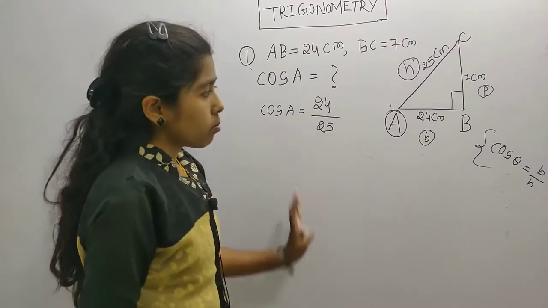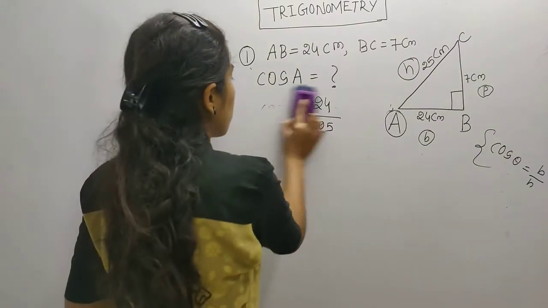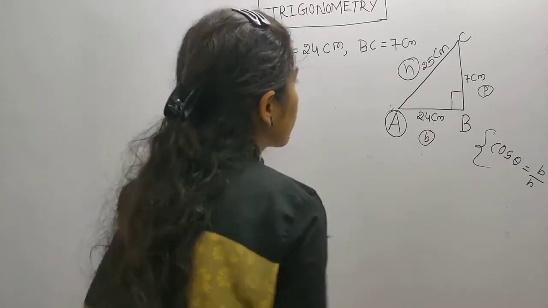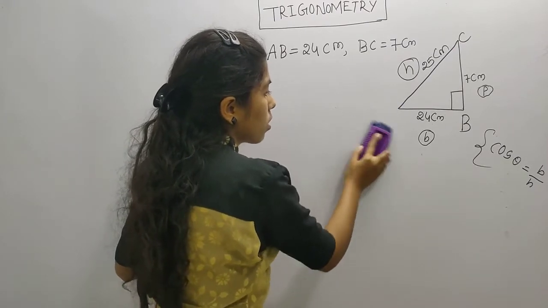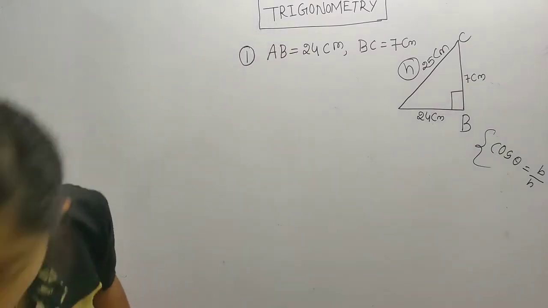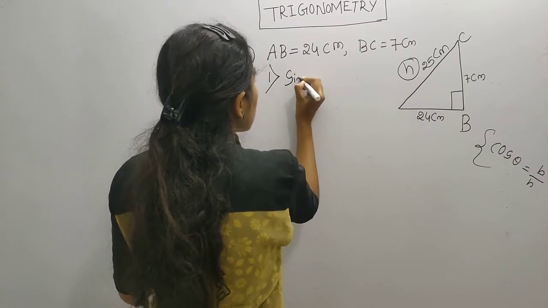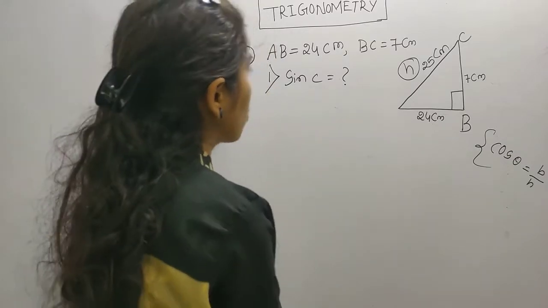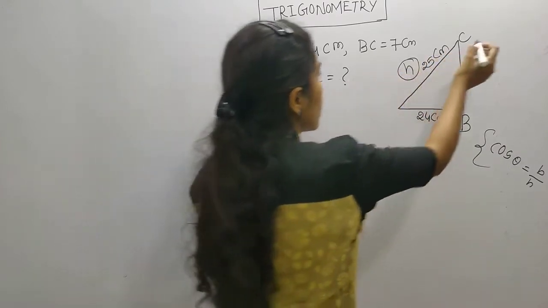Over. Sine A and cos A. Let's move to the next angle. Sine C and cos C. Now we will see how we can find sine C and cos C. Okay, no problem. So what is there? Sine C, question mark. We have to find sine C. So here we have to mark the angle. What is given? C.